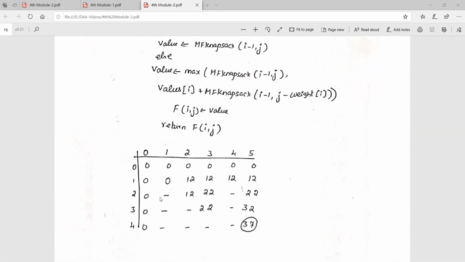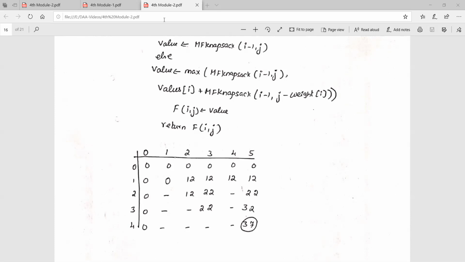So first, we are having 3 things. One will be the top down approach. In the top down approach, we are not storing the value anywhere. So whenever we are having the sub problems, we are calculating the sub problems again and again. So that is inefficient. Now that will be overcome by the bottom up approach. In the bottom up approach, we are making the table, and in the table we are storing all the values for the sub problems. So whenever we are having the sub problem again, we just retrieve the value from the table. Using this method, we can reduce the time.